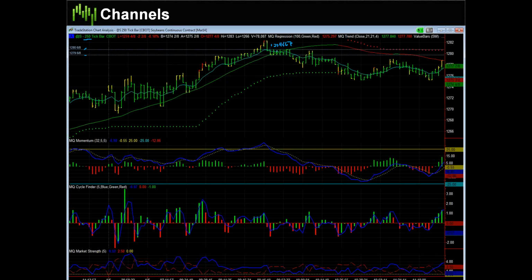So you had a nice 1 cent range. What you're looking to do is, as soon as this breaks out, you're going to have your sell order 1 tick below the support, and you're going to have your buy order 1 tick above the resistance. As soon as it hits your sell order, your stop loss gets placed above the high. So with this example for soybeans, your stop's above the resistance, those highs.